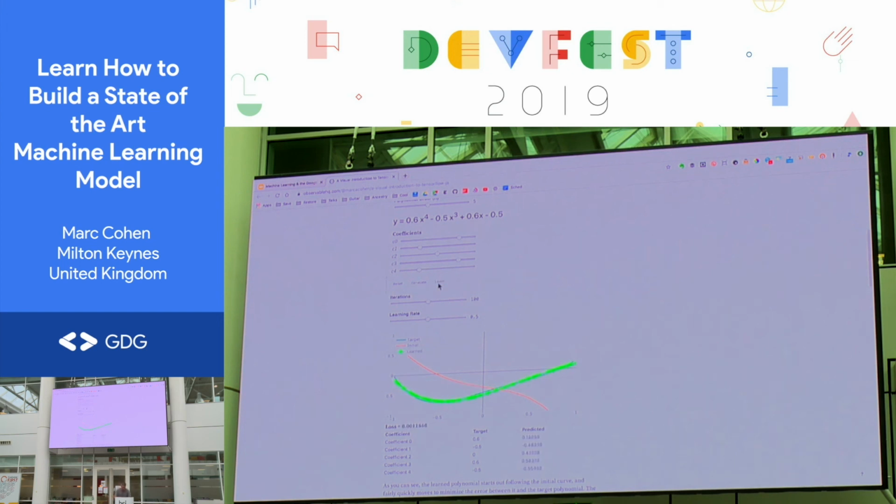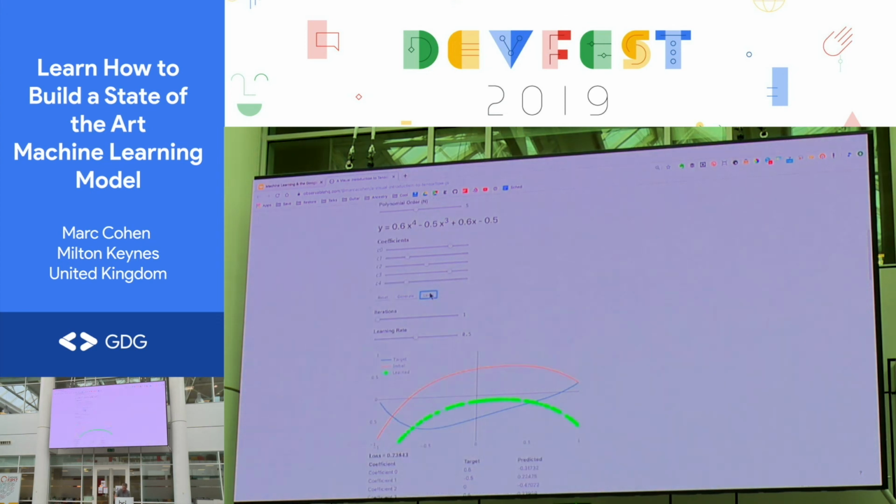And you see what happens. In fact, if I turn the iterations down to 1, reset this, generate, and then I click Learn, it'll do 1 iteration. So on the randomly generated curve, I should maybe blow this up. And with each step, you see it sort of moving closer and closer to the target curve.